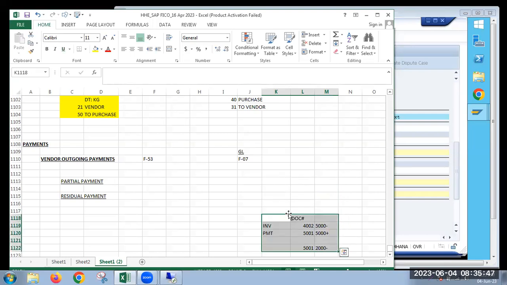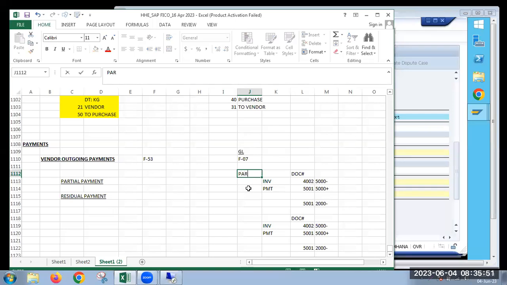So if it is partial, yeah, the invoice will be open, and this one will be 3000, right? And also will be open. Okay, so there is no additional line items, but with residual,